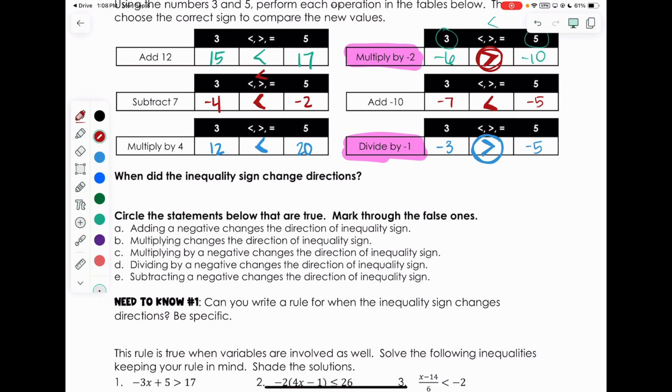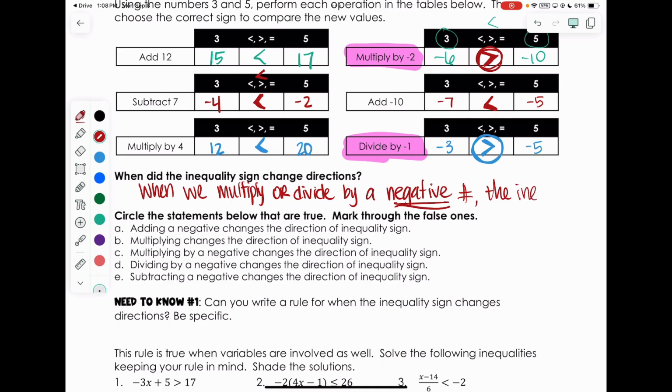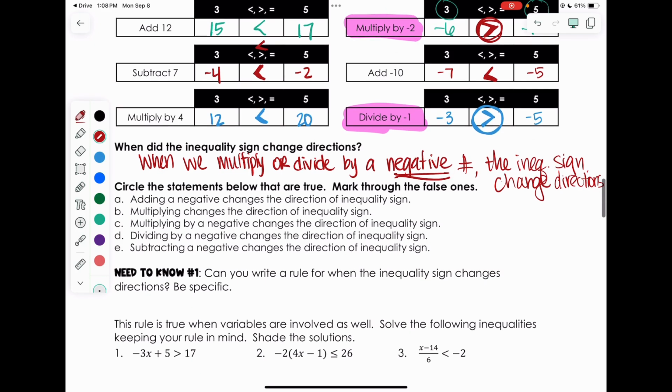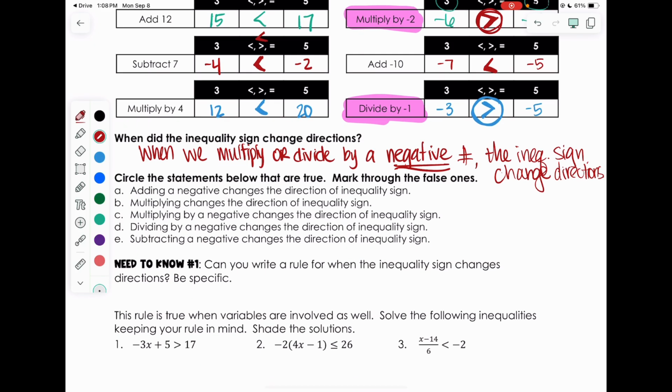It's a law. Okay? When we multiply or divide by a negative number, the inequality sign changes directions. Okay? I want you to work together to circle the statements that are true and mark through the false